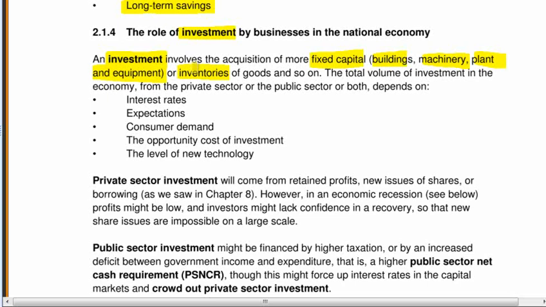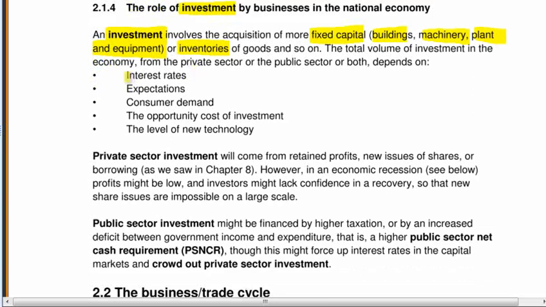Now, what influences the level of investment? Well, similar things actually, the level of interest rates. If interest rates go up, firms will find it harder to borrow money and therefore harder to invest. Okay, so there tends to be an inverse relationship between interest rates and investment. Again, expectations. If a firm expects the economy to grow, perhaps it's incentivized to invest now so that it will be able to meet the increase in demand of its customers in the future. So if we expect the economy to grow, we invest now to deal with that increase. If we expect the economy to go into recession, maybe we cut back on investment.